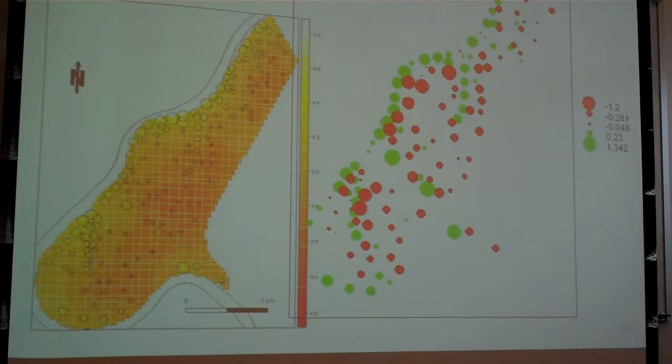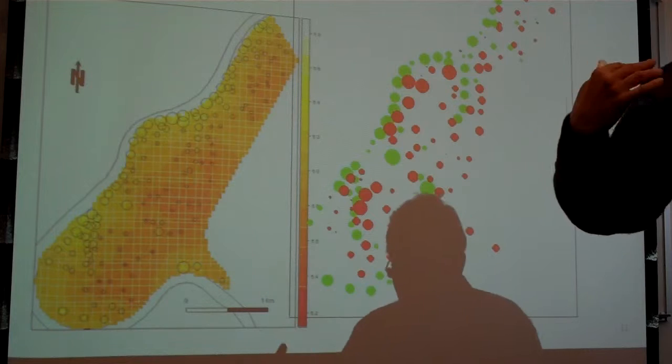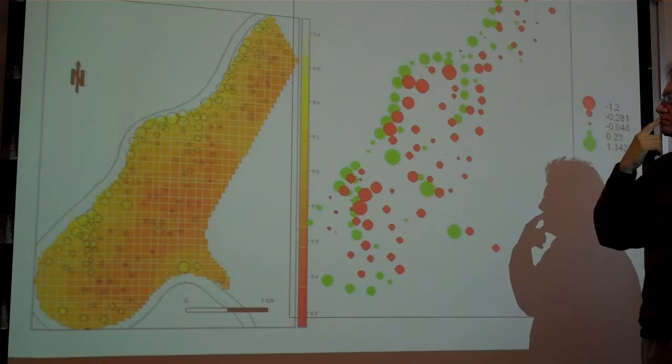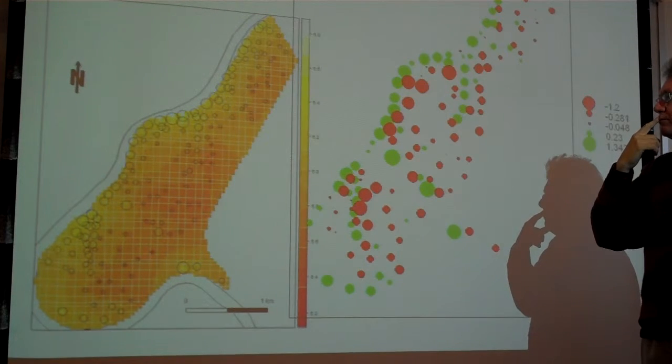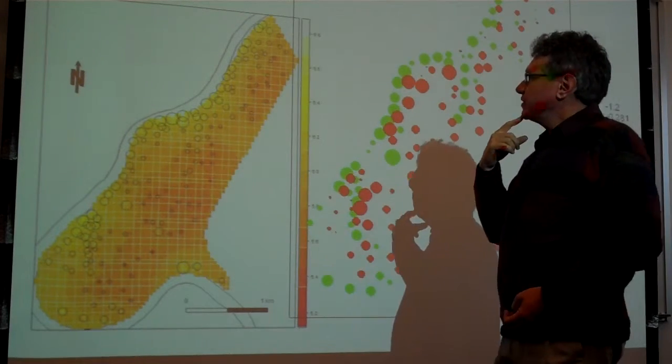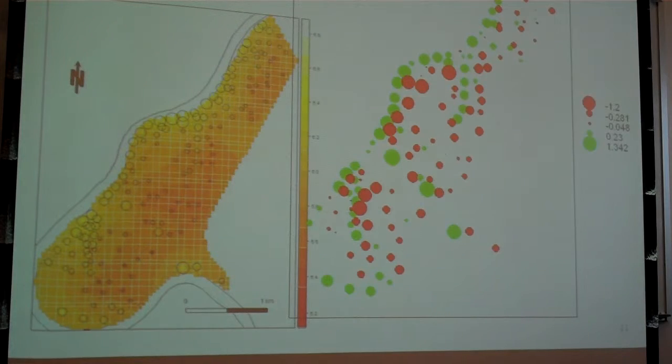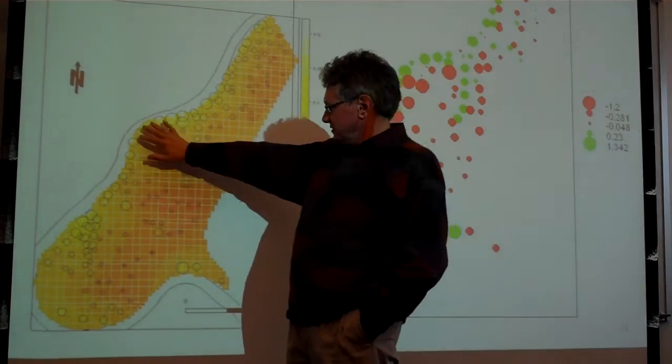And so we'll spend next week talking about that approach: how you calculate those correlation functions and then use them in interpolation schemes. But that's for next week. The other thing I want to talk about here is this pattern where the values seem to be really high close to the river